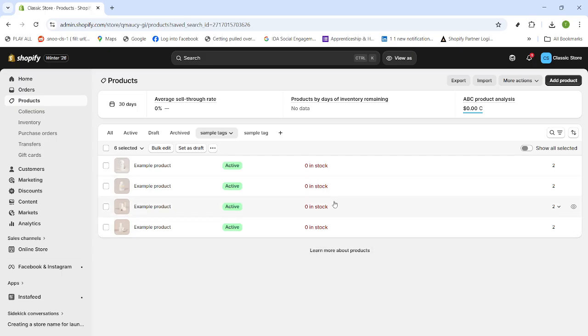Saved views are shared with your team, so choose names that everyone will understand. And if you're organizing orders, you'll find the same filter and save pattern in your orders section, letting you quickly focus on orders that carry specific tags for processing or automation. That's it. You've learned how to filter by a tag and save the result as a reusable view, giving you a quick,